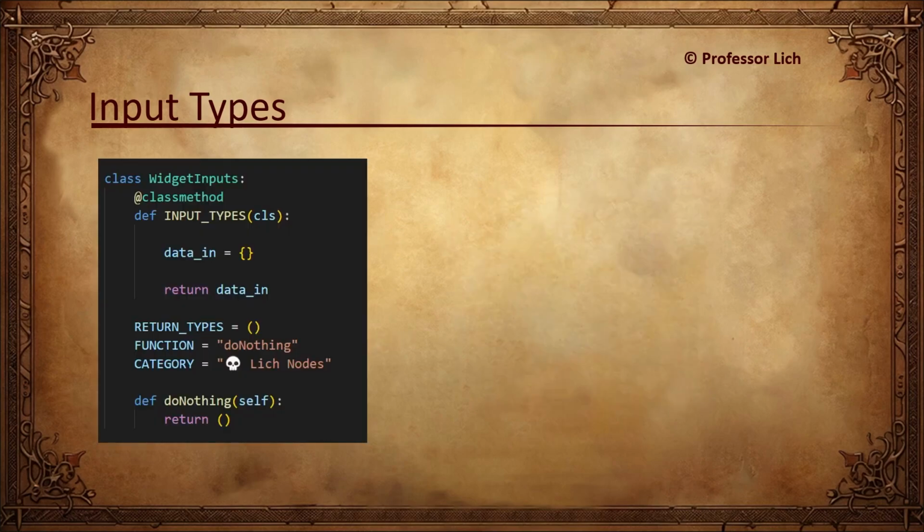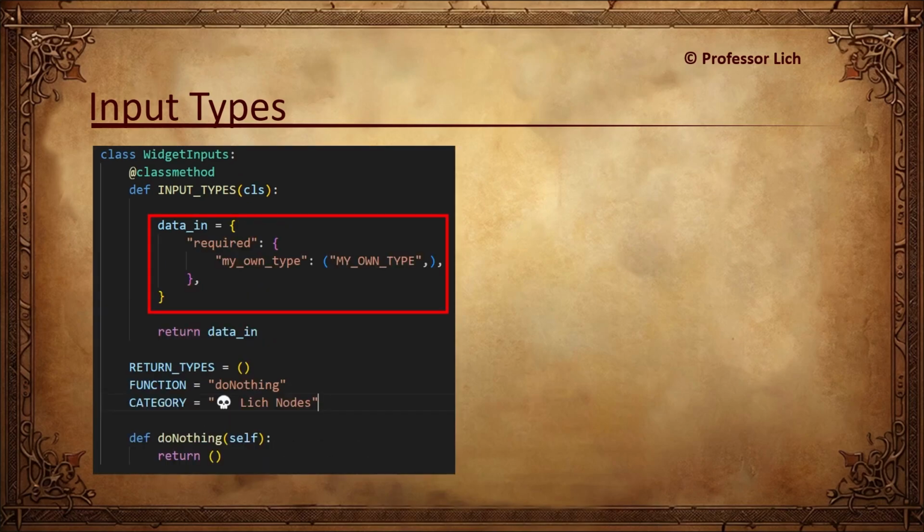With all that established, let's go back and create a copy of our blank node from before. I will just copy-paste code, and to avoid name conflicts, we give it some new name. Since we're learning widget inputs, that's what I will call this one. As you have seen in previous lecture, here is where we put together a dictionary that defines our input. This input can be an existing type, like image, as we have had before, or if we enter something unique, like this, for instance, we get our own unique input type, and Node will render this way.